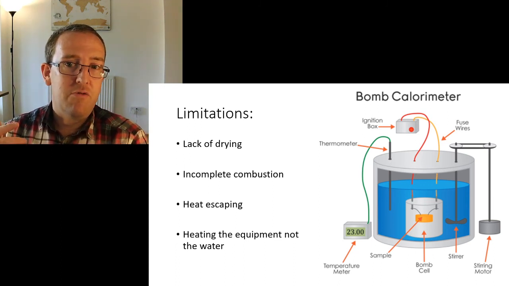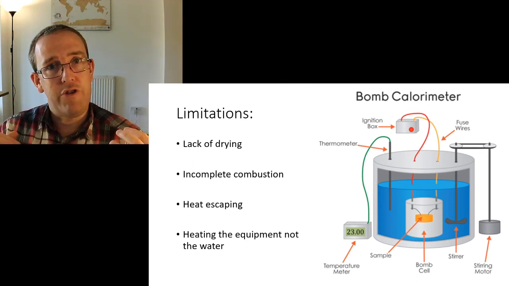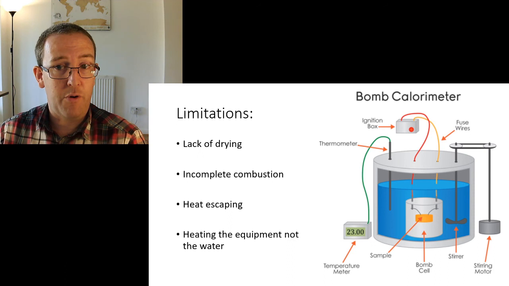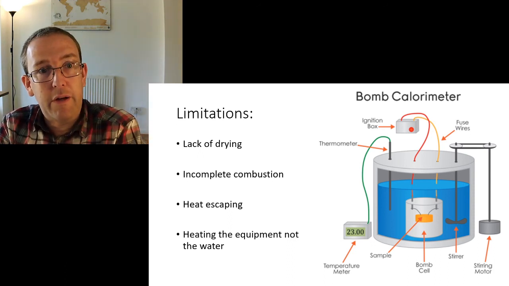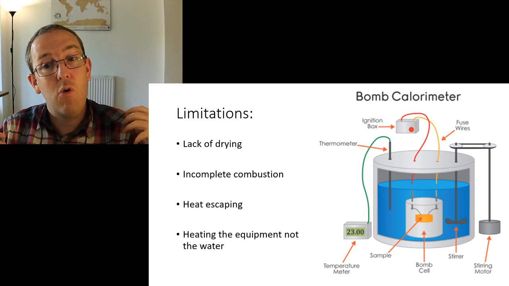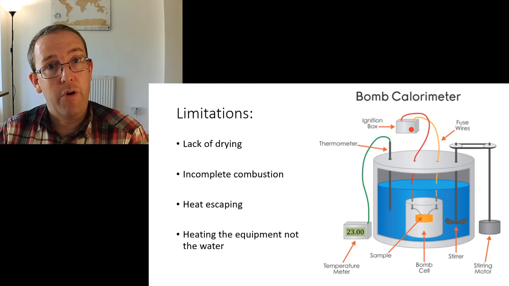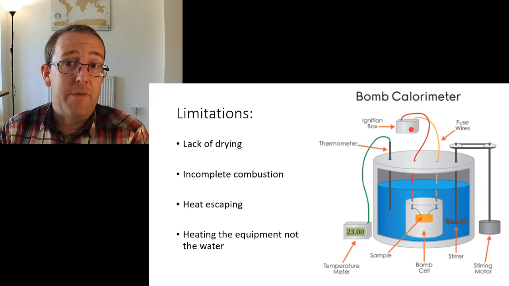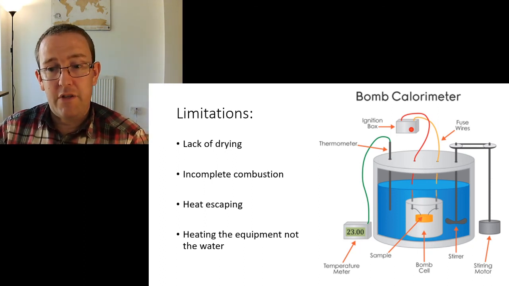Okay, you've got an ignition box, literally a spark, but once you've got that fuel in there in a highly oxygenated environment, just a single spark will set the whole thing off. And then you've got your temperature probe in there. We've got a stirrer so that we don't end up with the water around the container being really hot and the water further away being cold. But again, that causes friction, doesn't it? So there's going to be friction in that system, which might add a little heat to the system. Okay, these are all limitations of the process. So that is basically what we need to cover today.